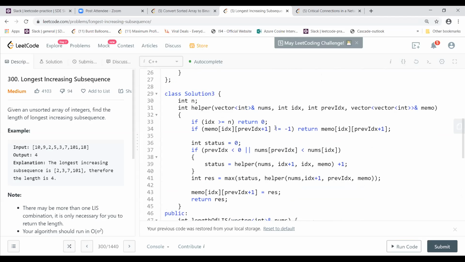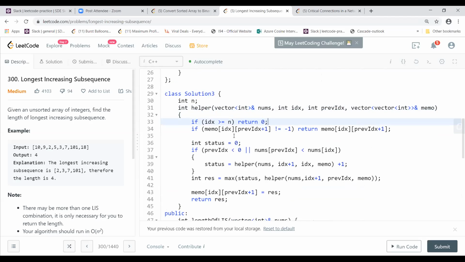So when I come to this helper function over here, this is my nums array, which comes from the first one, the length of LIS, which is passed from our input. This is the current index, previous index. So if my current index is greater than or equal to n, then I return 0.